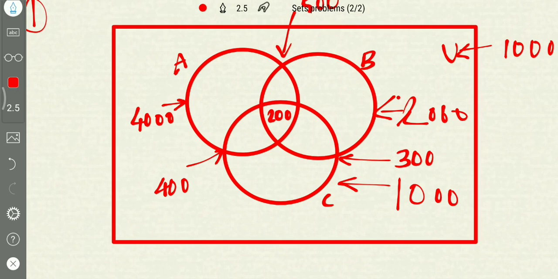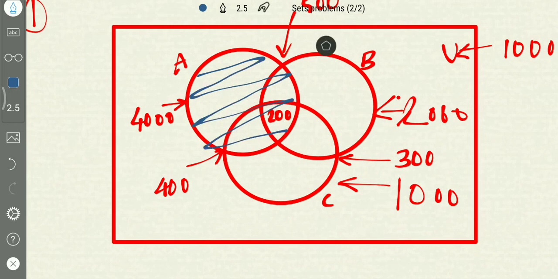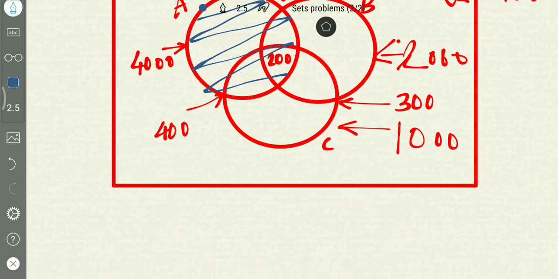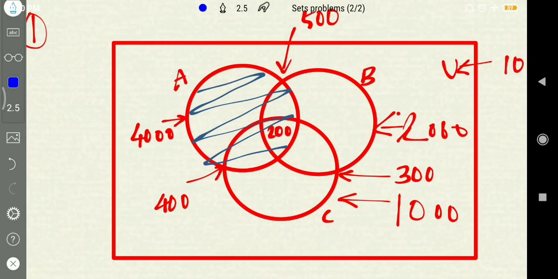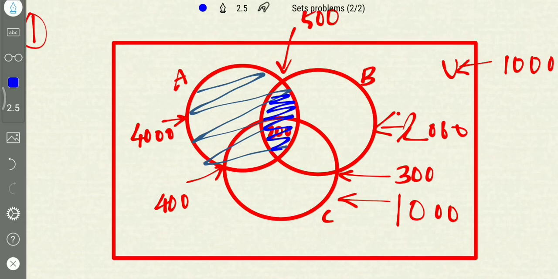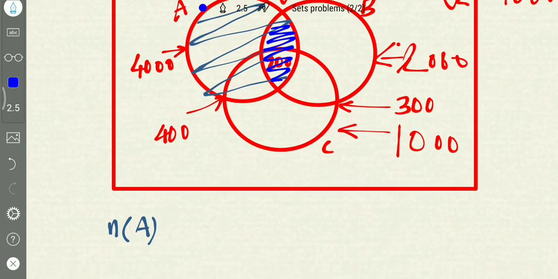What is only electronics? This area is only electronics. So how do we find that? First we take the total, this area, which is the number of students in A. If we subtract this, we get n of A minus n of A intersection B,